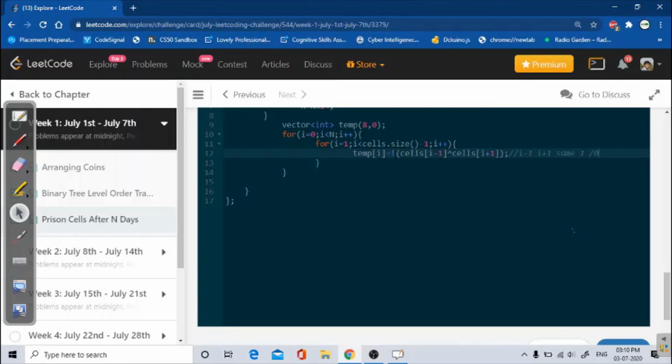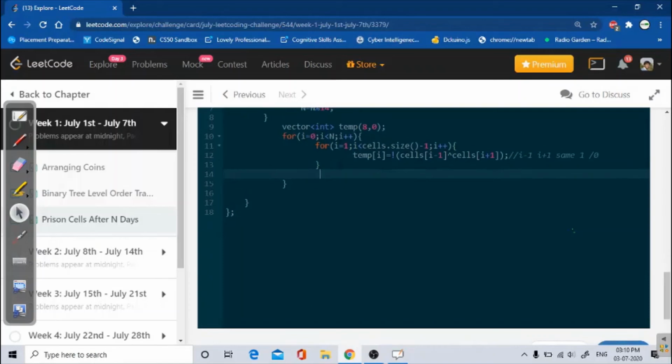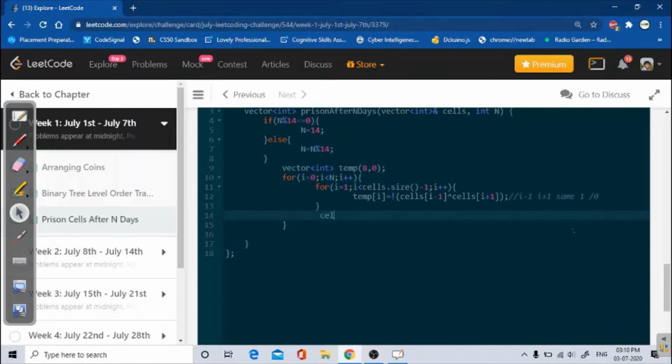So we will just do not of XOR, and at the end we will just change cells equals to temp. So this is for day 1, then it will change to day 2, then day 3, day 4, and when day 15 comes, it will again start from day 1.